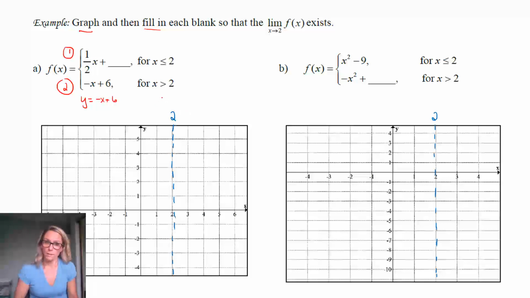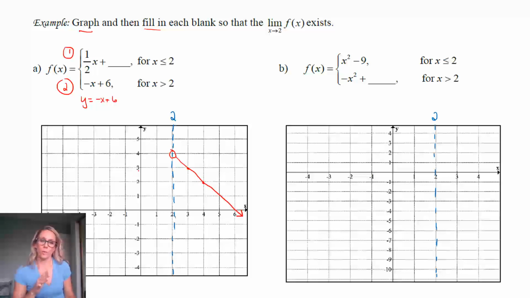And so because of that, at 2, we just know we're going to have a hole. So if we plug in 2 to this function, negative 2 plus 6 is a positive 4, it's telling me that this line has a hole at 4. But then I could put in x being 3, and I'll get 3, and I could put in x being 4, and I'll get 2, and it's going to go like that. So I'll go like this. And this is what this piece of this piecewise function looks like.